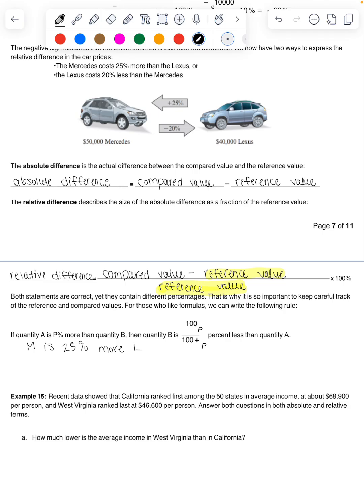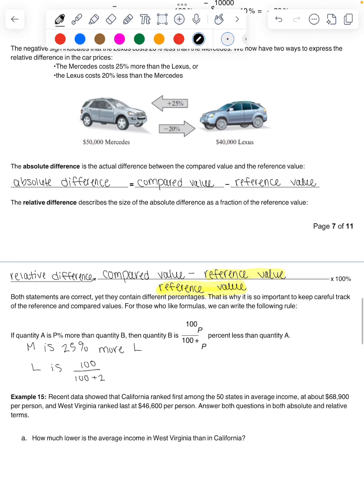So quantity B, the Lexus, is 100 divided by 100 plus, that P that I'm talking about is the 25, which is 100 divided by 125,